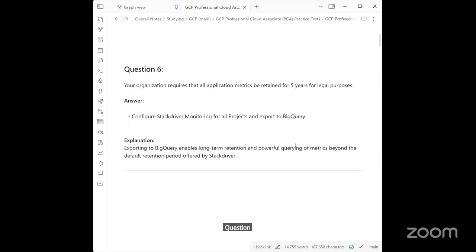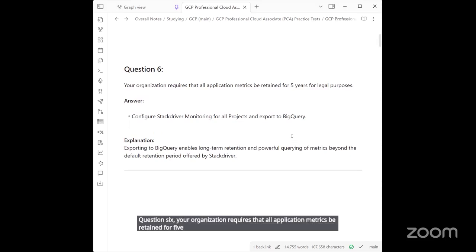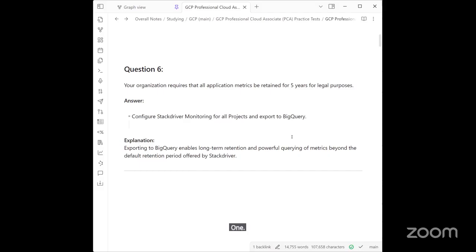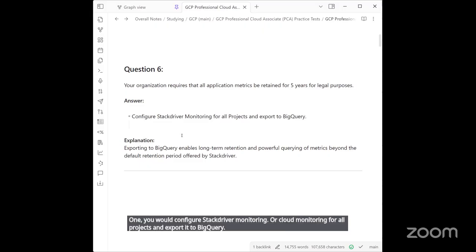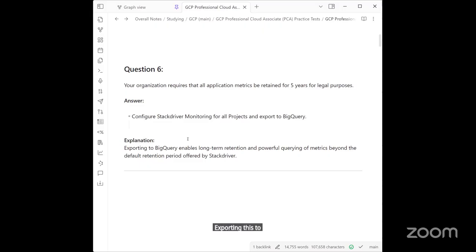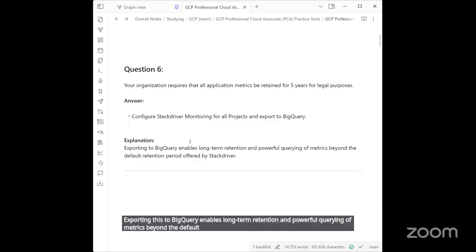Your organization requires that all application metrics be retained for 5 years for legal purposes. How would you do this? You would configure Stackdriver Monitoring or Cloud Monitoring for all projects and export it to BigQuery. Exporting this to BigQuery enables long-term retention and powerful querying of metrics beyond the default retention period offered by